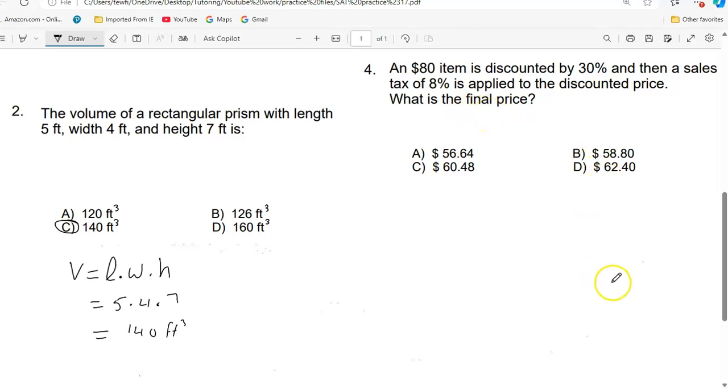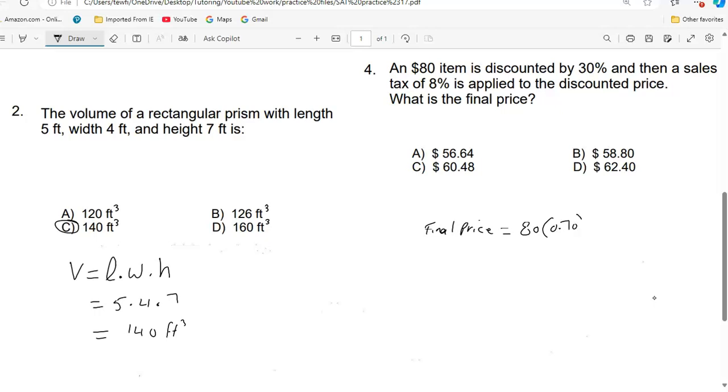Okay, the final price will be the $80 multiplied by, if we have a 30% discount, that means we're going to pay just 70%. Multiply by 70%, 70 over 100,